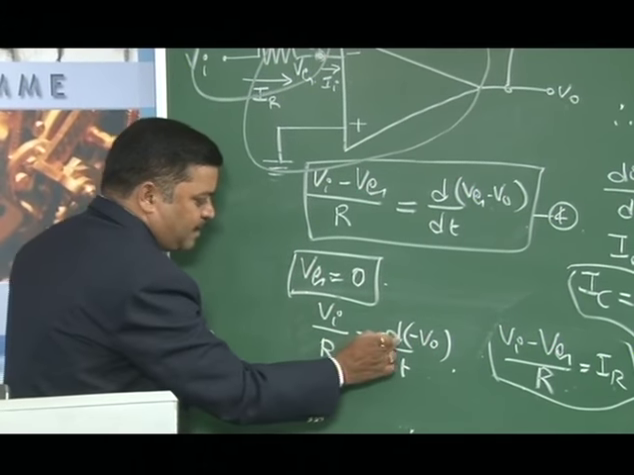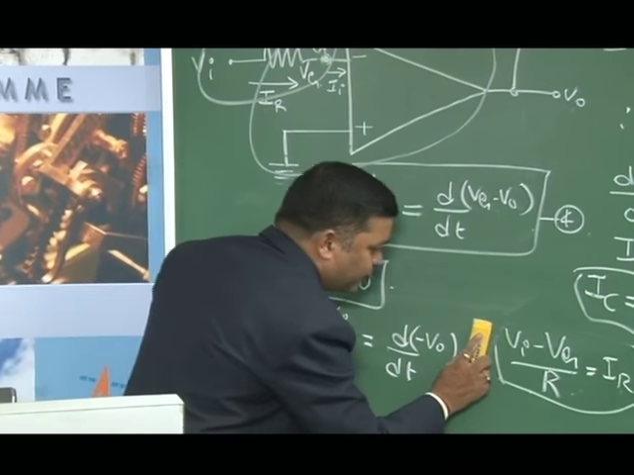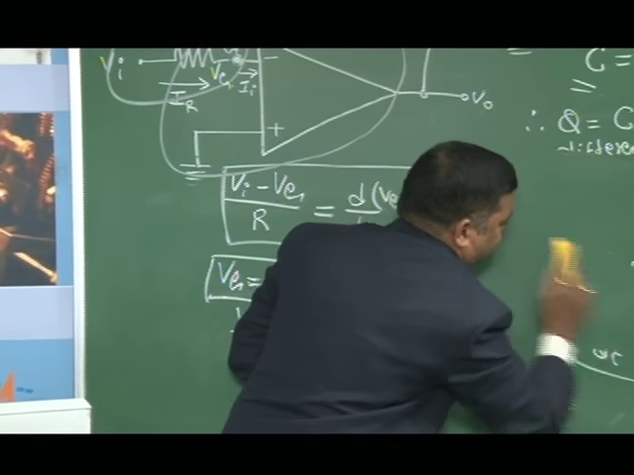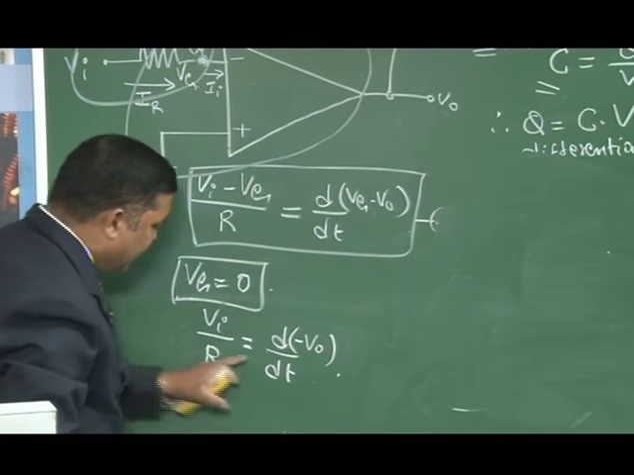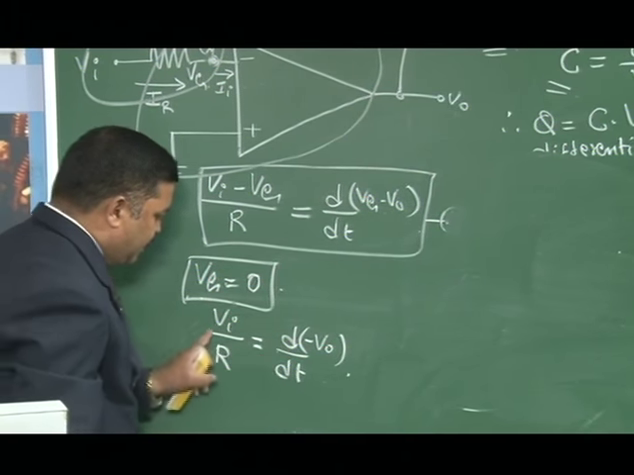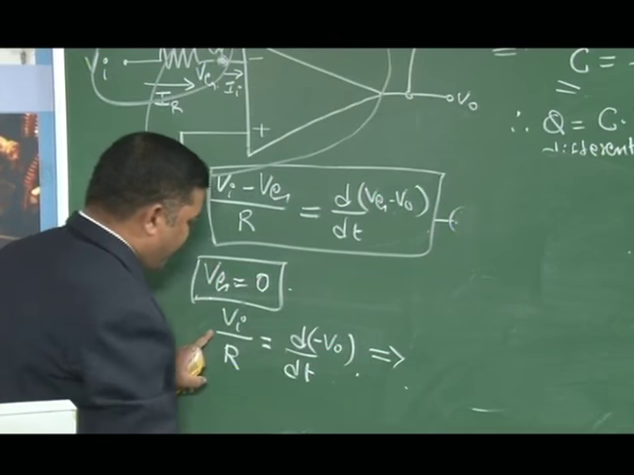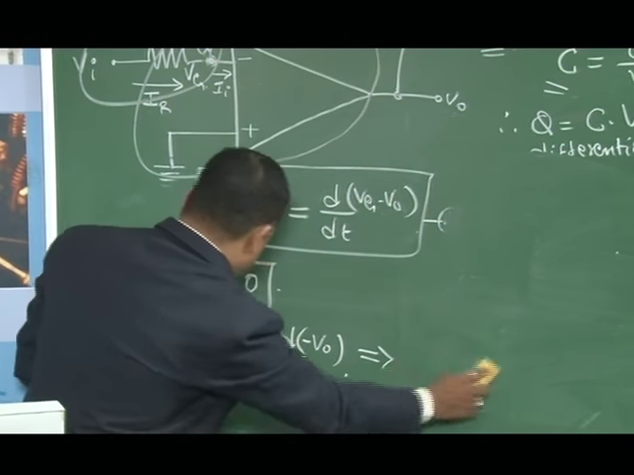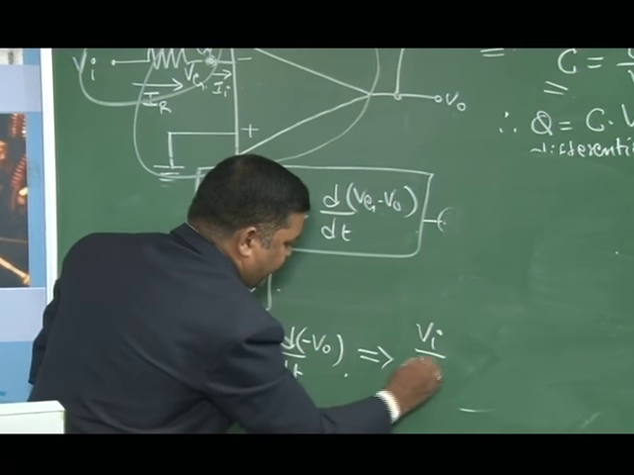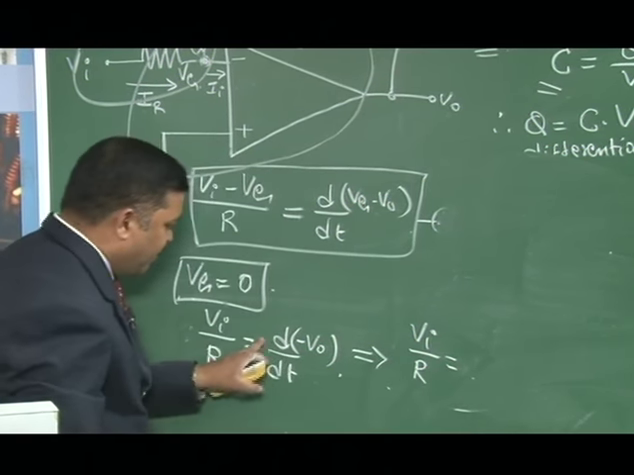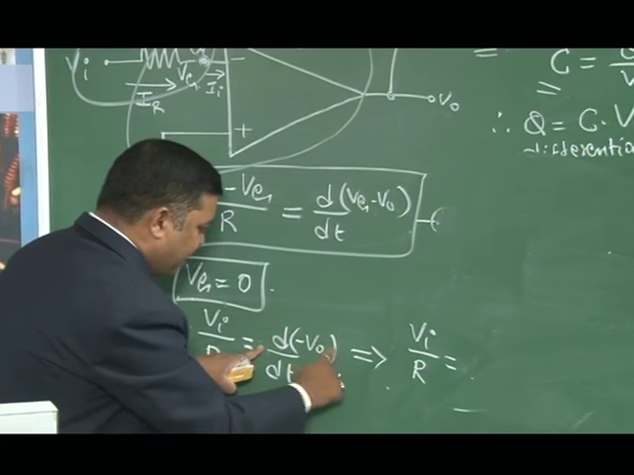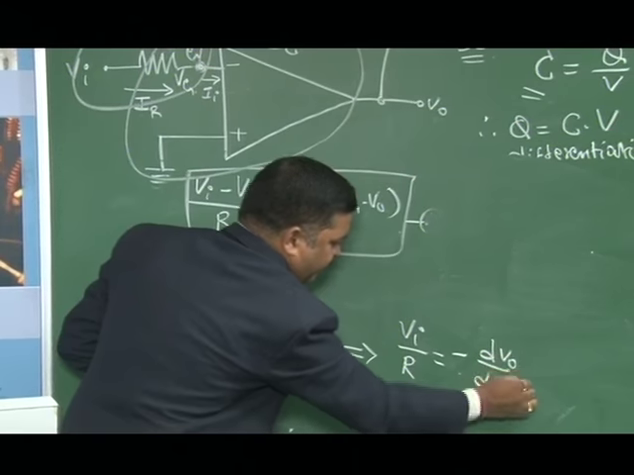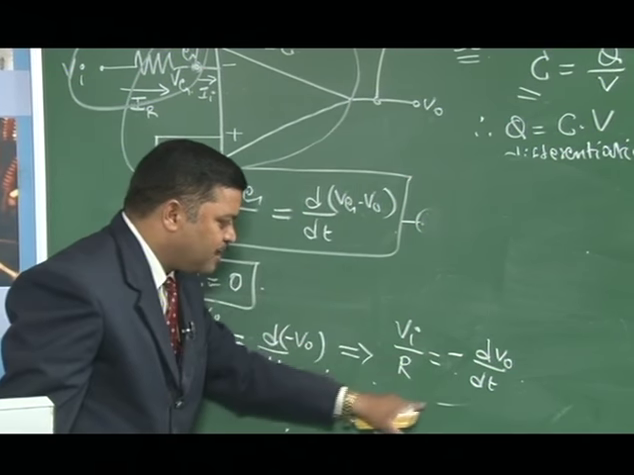So, this is minus V naught. Now, this can also be written as, I will rub off this because we have taken all this. Let us rub off this, and what this reduces to is dV naught. Vi by R is equal to minus d by dt of minus V naught. I can write it as minus d by dt of V naught. So, from this, if I cross multiply this,